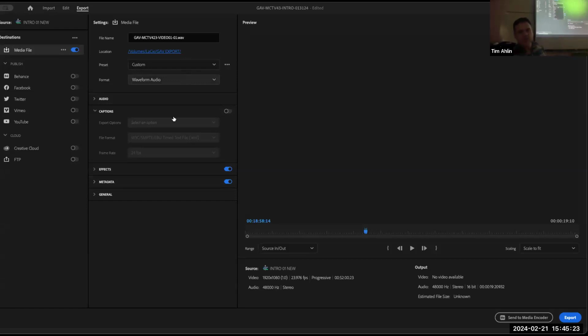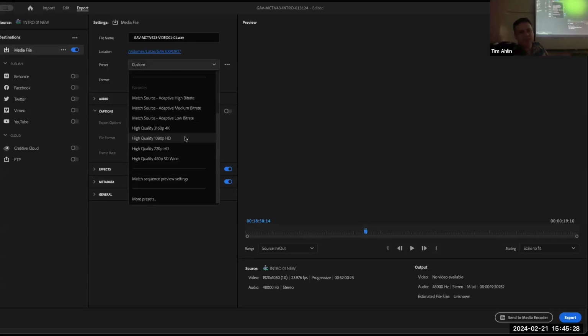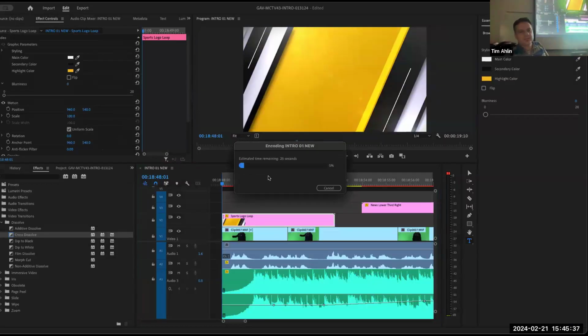Okay. So once we have all these settings we've messed about with, I'm going to go back to my custom, my custom high quality HD, and be happy with that. I named it how I wanted it. And what I'm going to do is say export. It's going to pop up a window. You can't edit while it's going. Obviously 19 seconds is going to take longer than 19 seconds to export. The longer the project, and also depending on your compression, it could take longer or shorter.